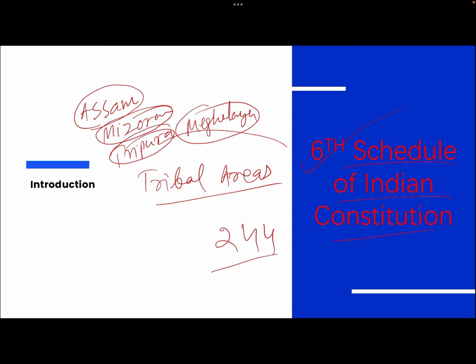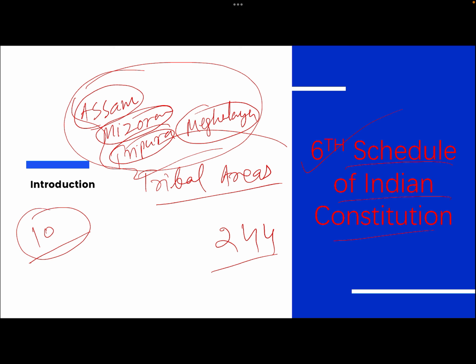So these states are tribal dominated areas for which a special provision has been made under the Indian Constitution, which is referred to as the sixth schedule under Article 244. And why is it that these four states? Because there are 10 states where you have scheduled areas, but these are categorized as tribal areas, right? So there are 10 states where we find some sort of scheduled areas. These are tribal areas. So try to understand the distinction between these tribal